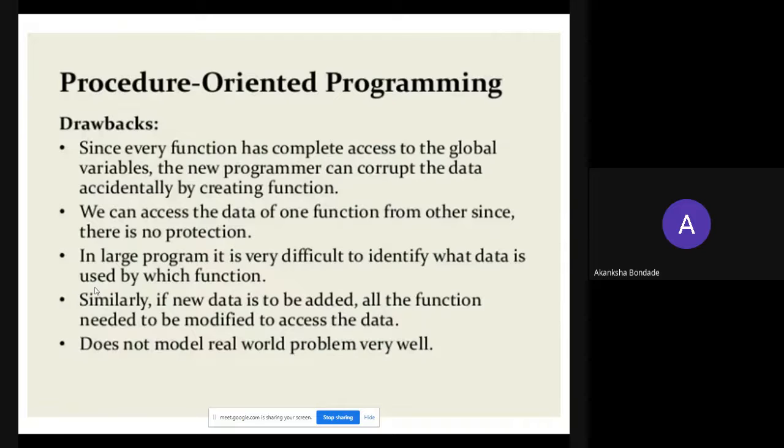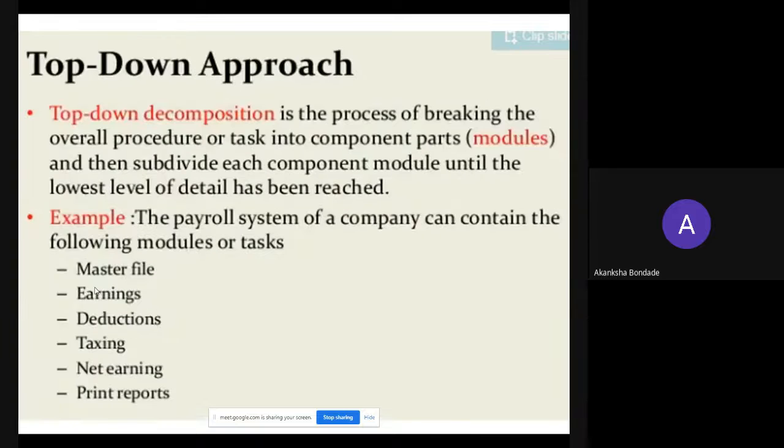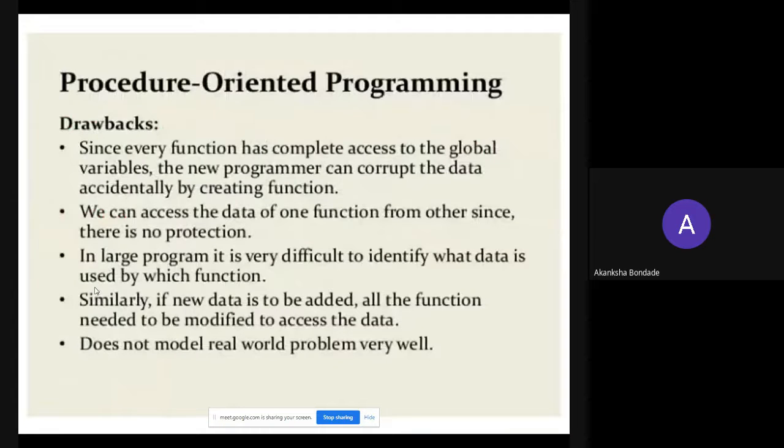Yes, because it has lots of security issues and compilation issues, and the data is openly written. That's why it is not preferable for real world modeling in programming. That's why procedure oriented programming is not used for real world problems.